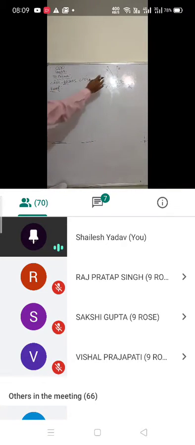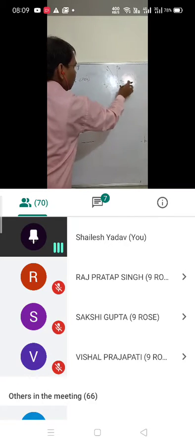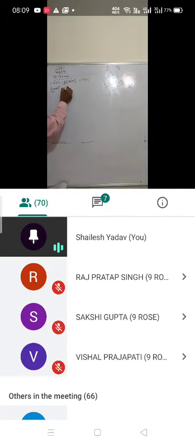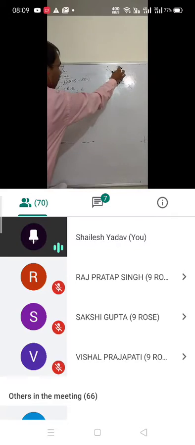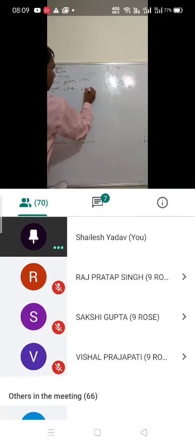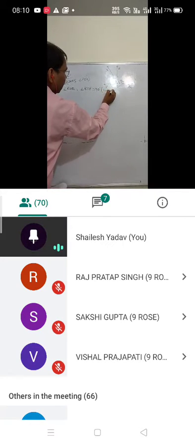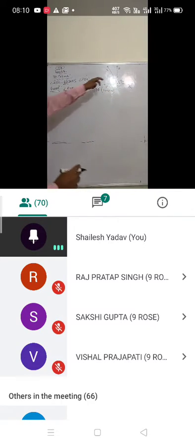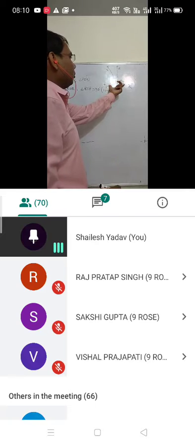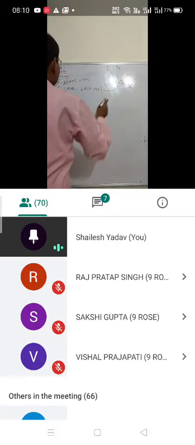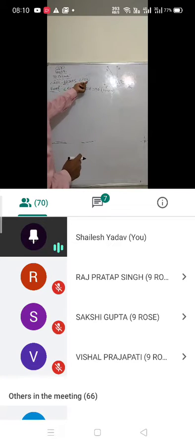In the question it is given angle ROQ is 90 degrees, so here it will also be 90 degrees. So here you will write angle ROQ equal to angle ROP, that is equal to 90 degrees. It is given in the question. The reason is that OR is perpendicular to PQ. Now you need to relate angle QOS and angle POS.